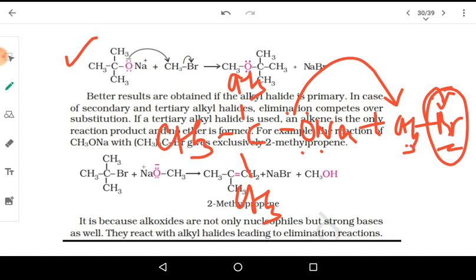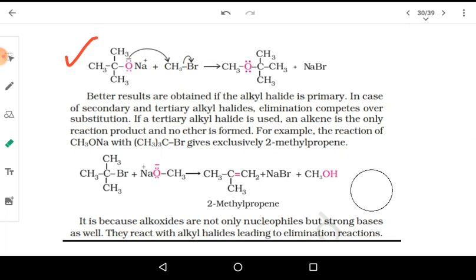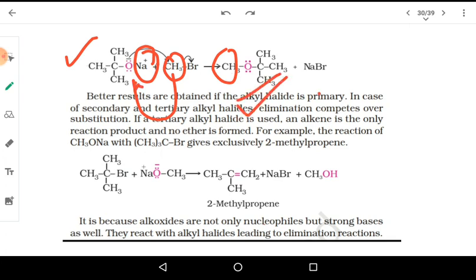This part is going to join with this, and as a result of which we have CH3O, CCH3, CH3, CH3, and Na is also going to move out. This part is also going to move out, and this CH3 is going to attach over here. Sorry, this CH3 is going to attach onto this oxygen atom. So we get the corresponding ether over here.